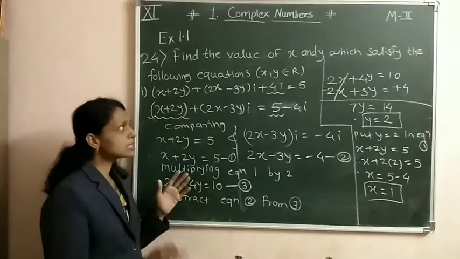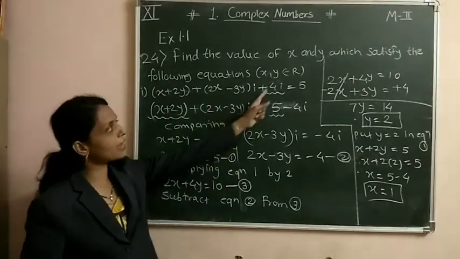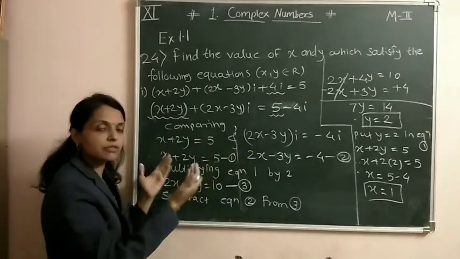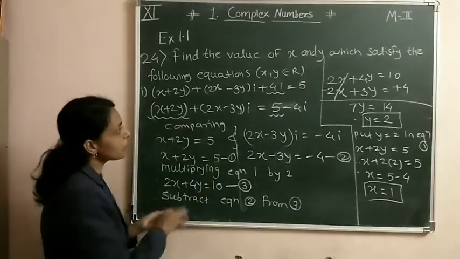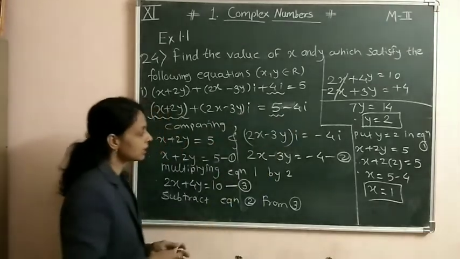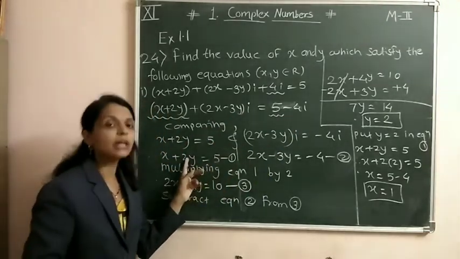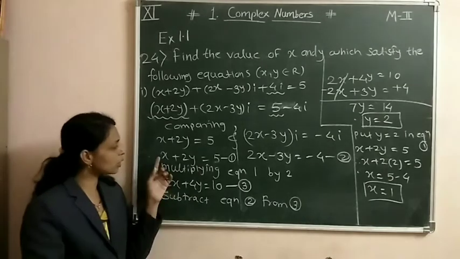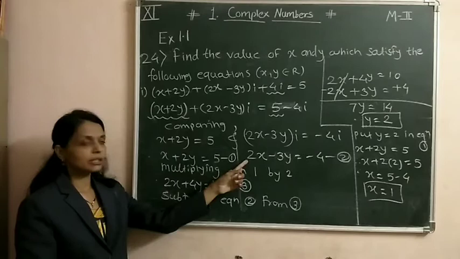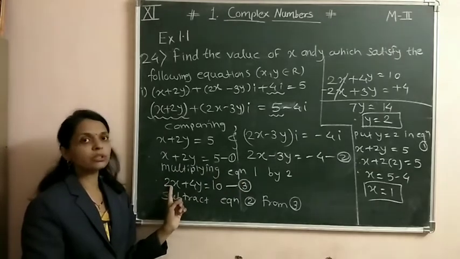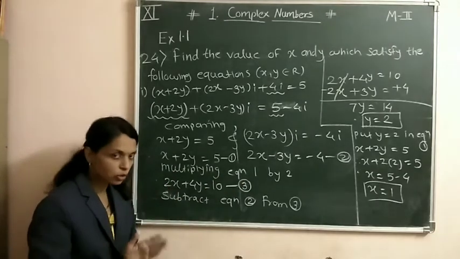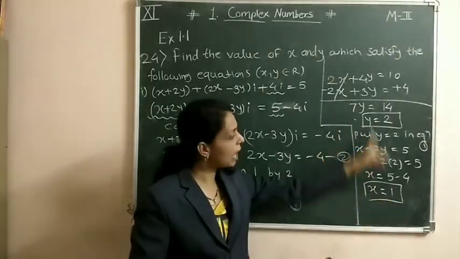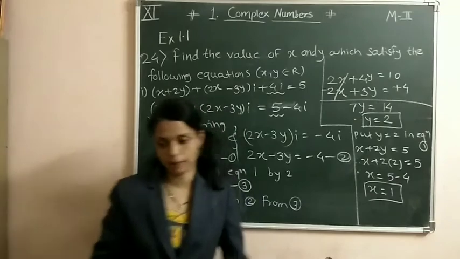Student, simple sum होता. याच्यातले इमॅजिनरी पार्ट आपण फक्त त्या साईडला शिफ्ट केला. त्याच्यानंतर फक्त रिअल टर्मशी इक्वेट केले, कंपेअर केले, इमॅजिनरीशी झाला. तिथे आपल्याला 2 लिनियर इक्वेशन्स मिळाले, जे आपण 9, 10 मध्ये लर्न केलेले आहेत. लिनियर इक्वेशन्स कसे सॉल्व्ह करतात, तर त्यांचा कोएफिशिएंट सेम असेल तर आपण त्याला मायनस करू, त्या x ला कॅन्सल करून y ची व्हॅल्यू फाइंड आउट करतो. After getting the value of y, put it in any equation and get the value of x.